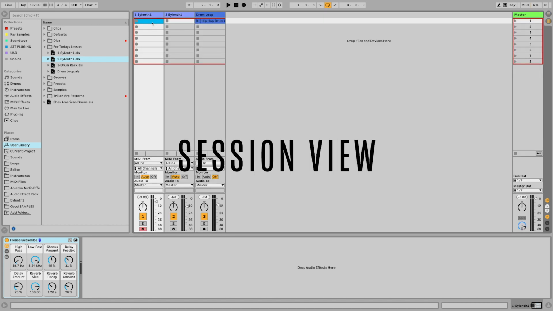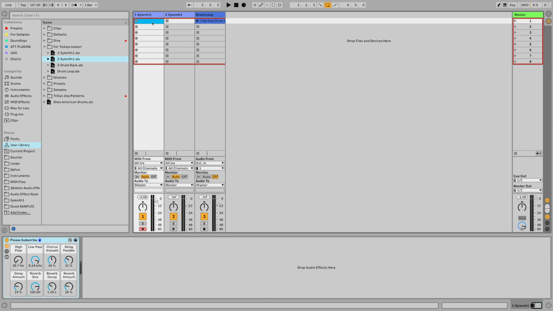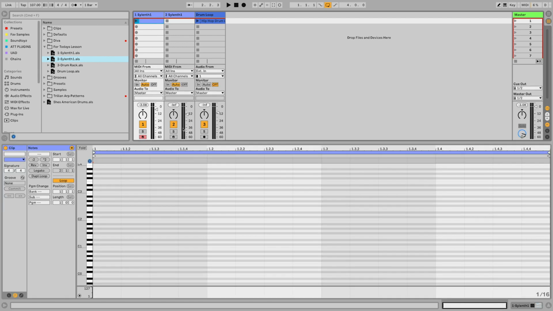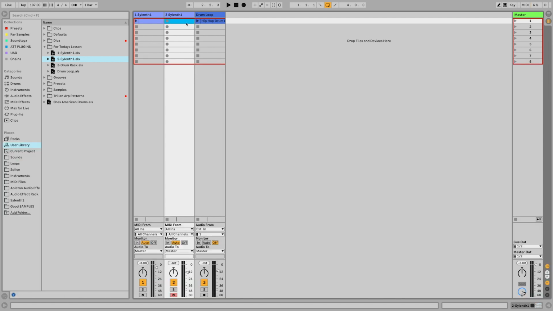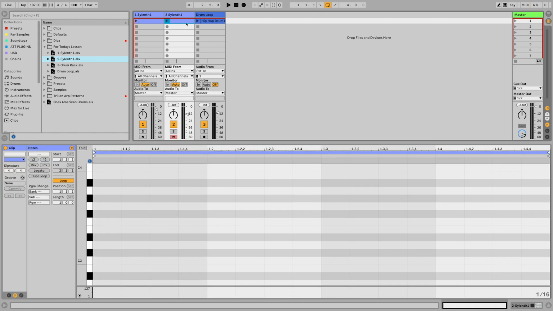And this is session view where we record individual cells. So what I'm gonna do is double click on an empty cell here, and it's gonna create a clip there. And you can see that this is a 1 bar clip. It says length 1. All right, so as you can see, I loaded up a second synth here, and I'm gonna double click on this cell, and create a clip here that's also 1 bar,